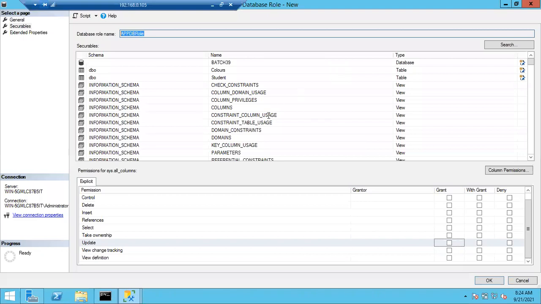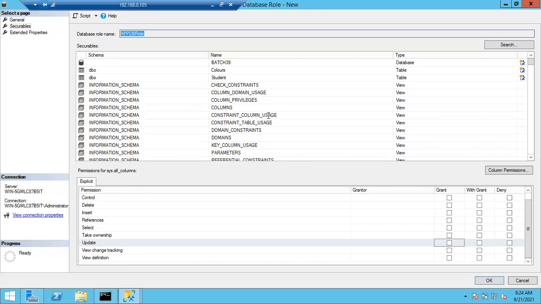I'm sorry. Right. Okay, so this is all about your database roles. Customized database roles means you can group some of the permissions. If other users are seeking the same kind of permissions, giving the same permissions again and again is a lot of hard work. You have to compare and give the same permissions to other users. But if I create a database role with those permissions, then if anyone is looking for the same kind of permissions, I can simply add him into that particular database role.